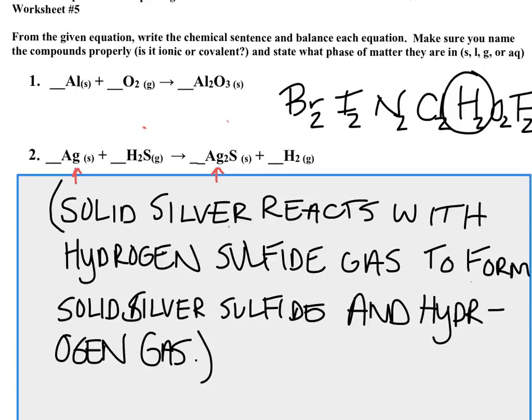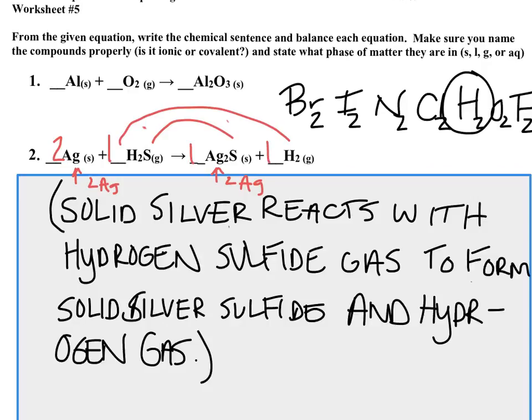So if I throw a 2 in here, I now have 2 silvers on both sides. So my silvers are at least balanced. I have 1 sulfur on each side, so I'm happy with that. And I have 2 hydrogens on each side. So I think this one is nice and balanced with the